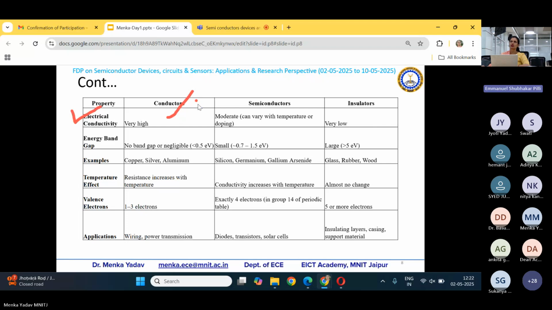If you can recall Ohm's law for semiconductors, we have J equal to sigma E. J is the current density, in ampere per meter square. Sigma is the conductivity of that particular material, and E is the electric field, dV by dx. So J equal to sigma E is nothing but another form of Ohm's law. If sigma is very high, J, which is I by A, current per unit area, is going to increase. So if sigma is more, the current is going to increase. That's what we are looking for.